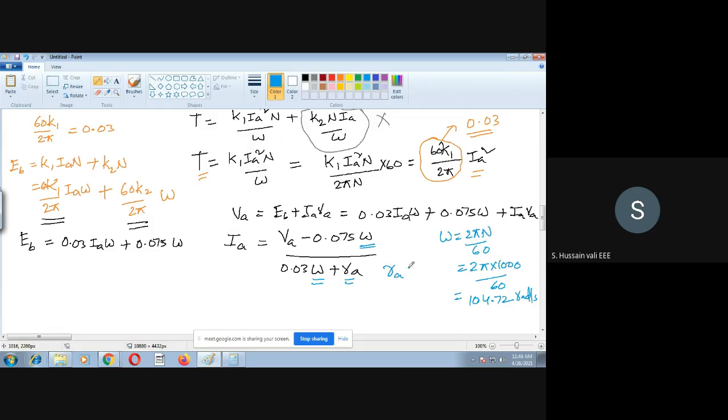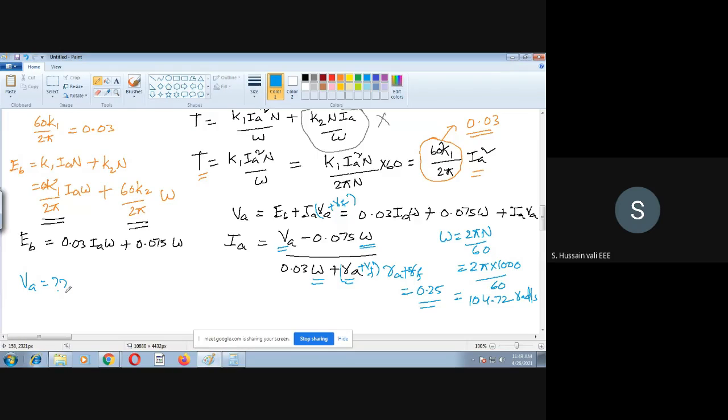RA in the problem: what you must understand is that I told you already that in case of a series motor, wherever you find RA, you replace RA with RA plus RF. So the RA plus RF value he has given, that value is 0.25. This also he has given in the data. Now what is the other unknown? VA is the other unknown. So what is VA now?